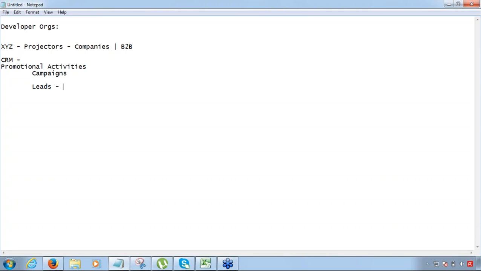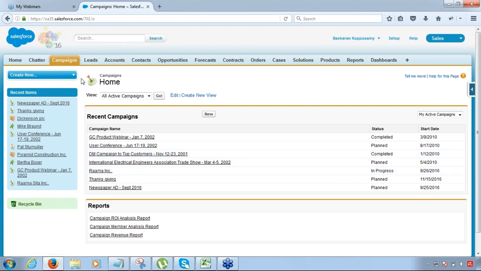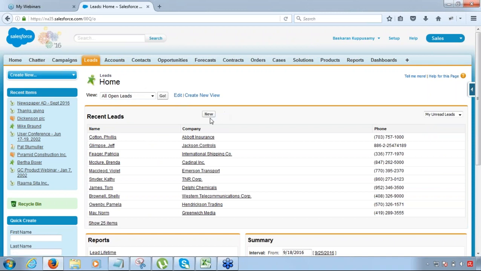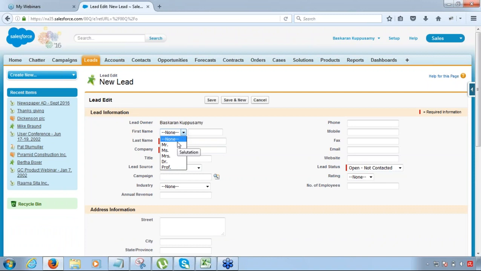Right, and it is important for us to track all these leads. If you don't track the leads, then there's no point actually doing the campaigns, right? So we'll have to track the leads. Now the next tab that you get to see is for leads. Okay, this is where you go and track the leads. So just go ahead and click on leads. This leads object is basically going to help you track all your leads here. So just click on new lead,